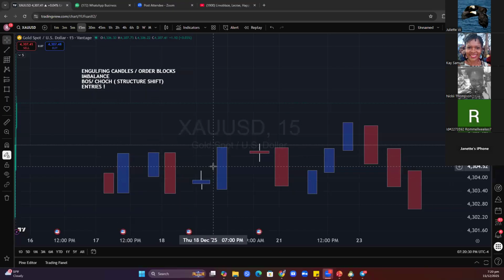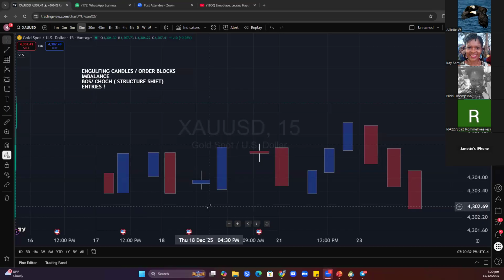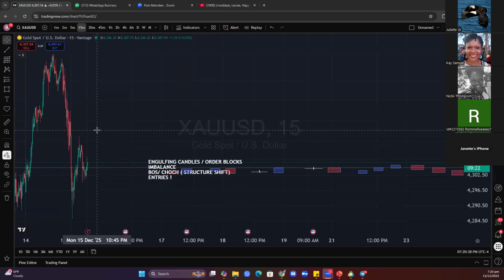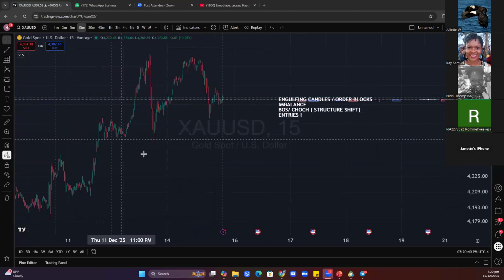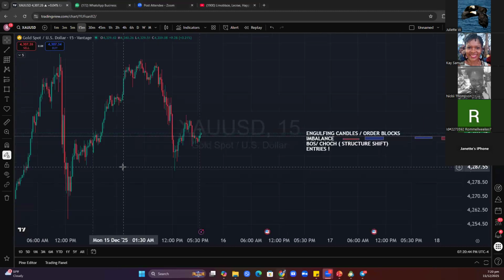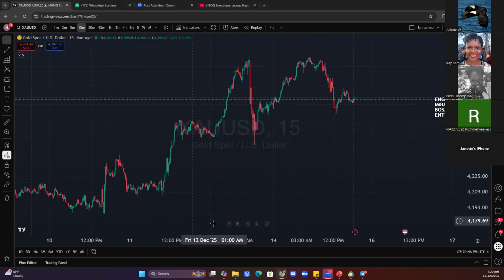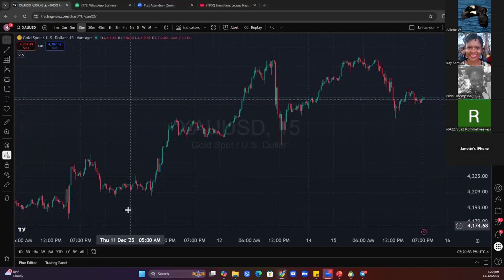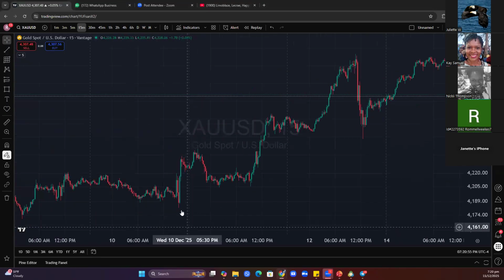We're going to start to look at these things, identify them, get you comfortable so you understand everything that I'm saying, okay? From a very practical perspective. I like to keep things very practical, okay? So let's look at the chart. It doesn't matter what time frame you're on. Trust me, you are going to find and be able to identify engulfing candles. So for example, if we start from right over here,